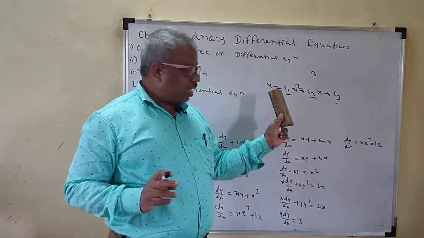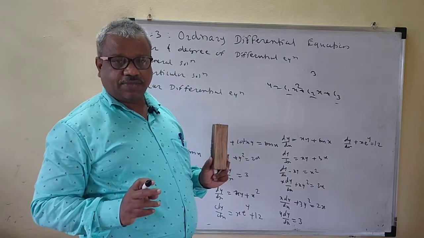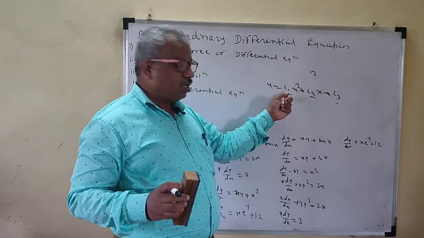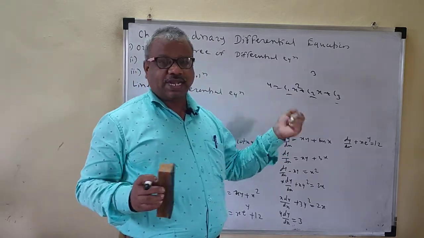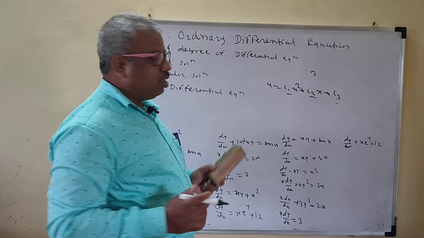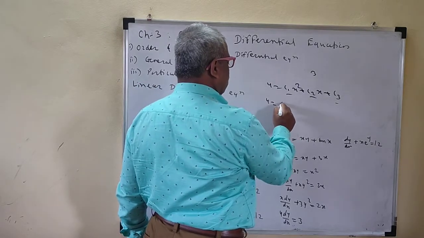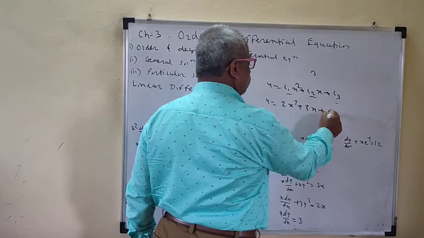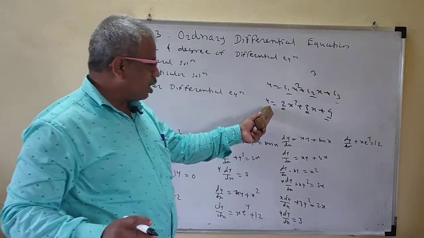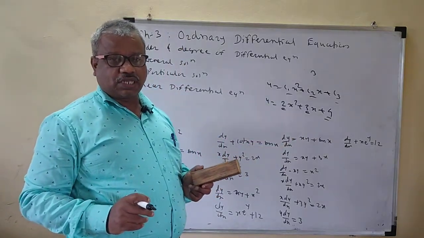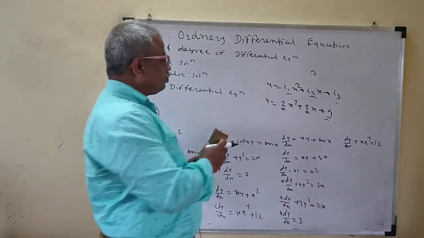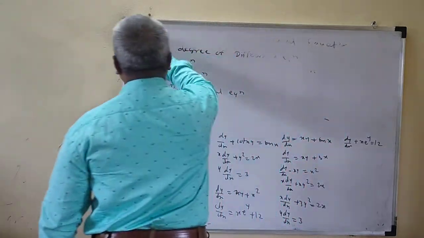To assign proper values to c1, c2, c3: a solution which is obtained from the general solution by assigning particular values to the arbitrary constants is called a particular solution. That means some initial conditions are provided to you, and if you get the values of c1, c2, c3, suppose 2, 3, 4, then under these conditions it is called a particular solution of the differential equation. That means this is a solution obtained from the general solution. You are also familiar with this one.